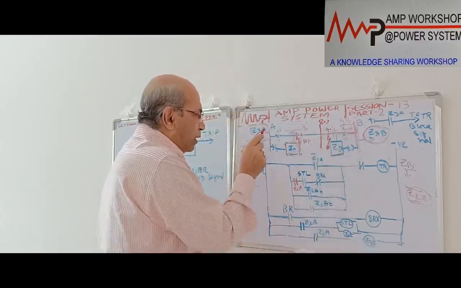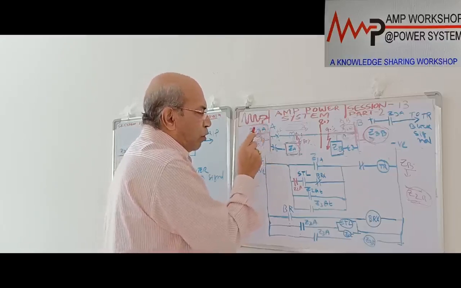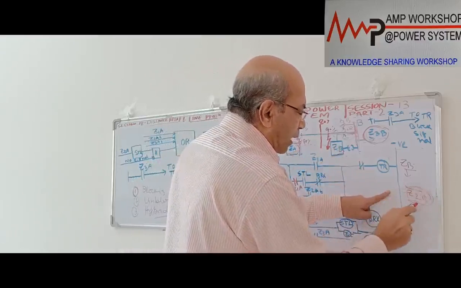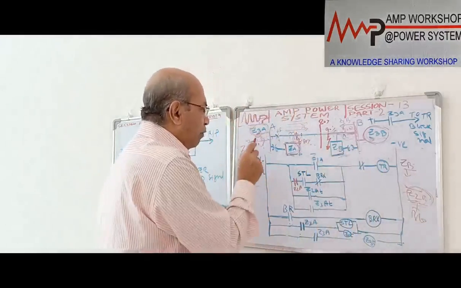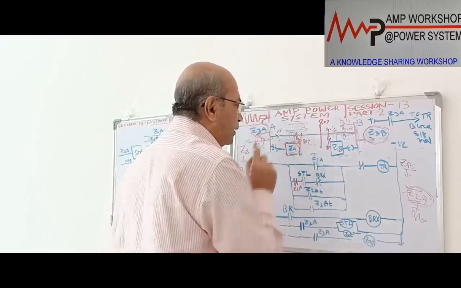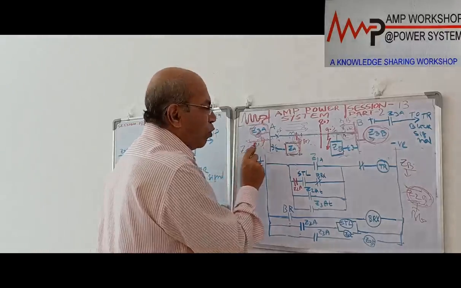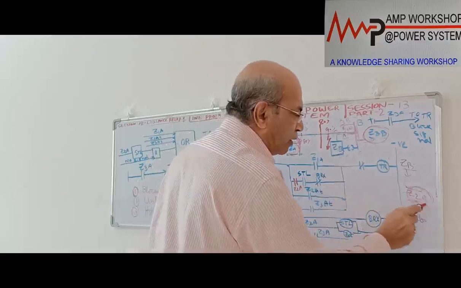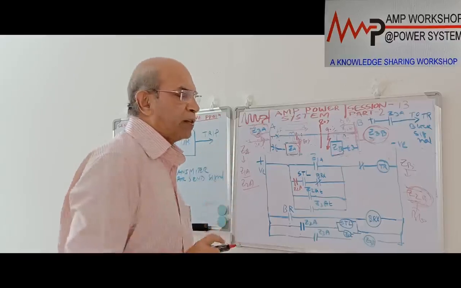So the moment the fault is outside of the line, the Z3 element will operate and send the blocking signal to Z2B. So Z2B has operated plus is receiving the blocking signal, so Z2 will not operate for an outside fault. But if the fault is inside, then Z2B is operated, but there is no Z3 operation, so the blocking signal is absent. Immediately, since Z2 is not receiving any blocking signal, it will trip. So this is the way the blocking scheme is operating.